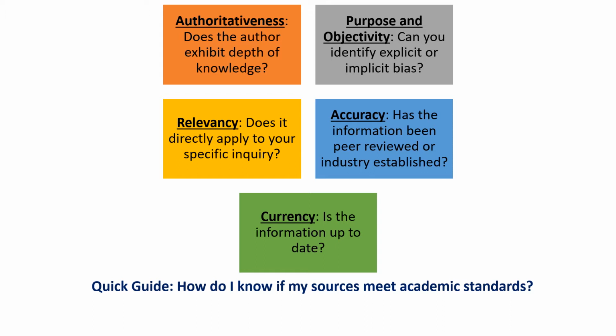Let's start with the currency of the information. This simply means that you've made an attempt to find the most up-to-date data published about your topic. This can be significant because, as we know, social science data changes over time, or can change rapidly if social norms, institutions, or cultural beliefs undergo a dramatic shift.